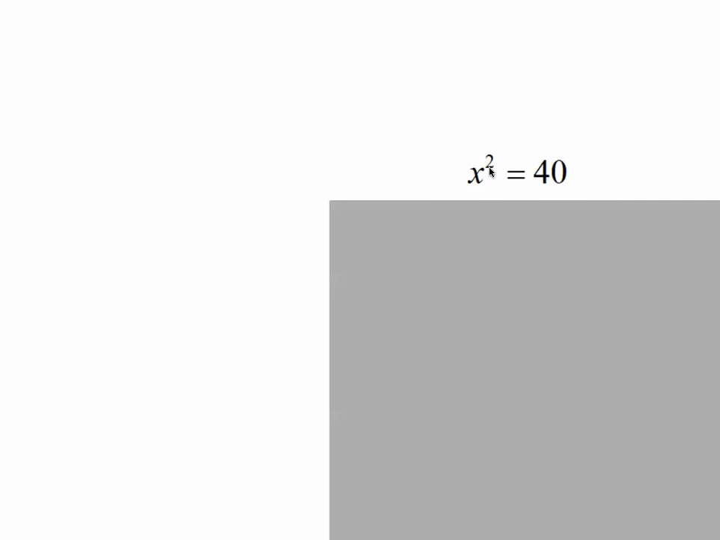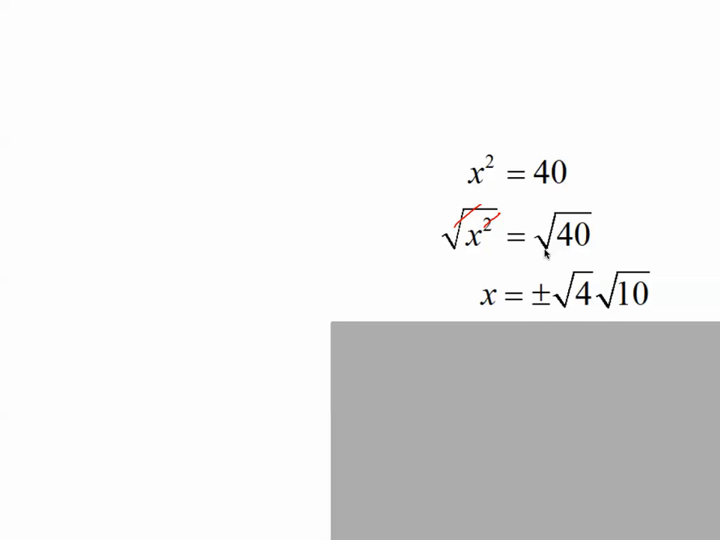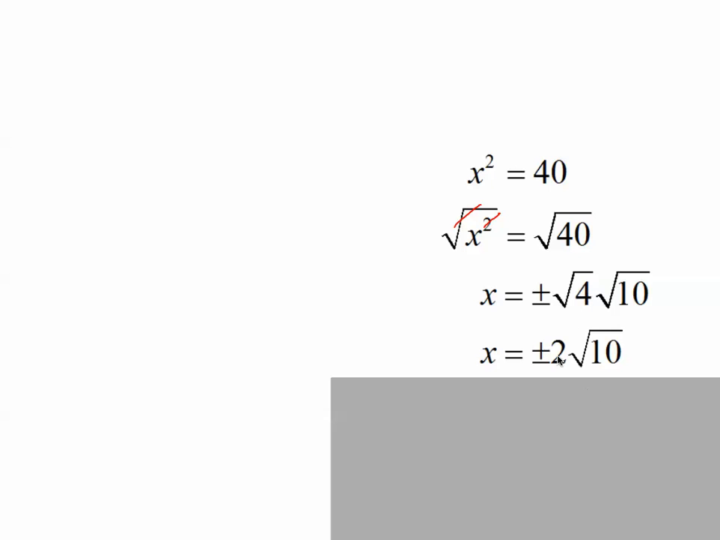Here's the last example, x squared equals 40. The only thing we have to do is get rid of the squared. So we take the square root of both sides. So of course the square root cancels out the squared, and we're left with just x, which equals plus or minus the square root of 40. But that can be broken down because there's a perfect square in 40. So we write square root of 40 as square root of 4 times square root of 10. Because square root of 4 is 2, and therefore our answer is x equals plus or minus 2 times the